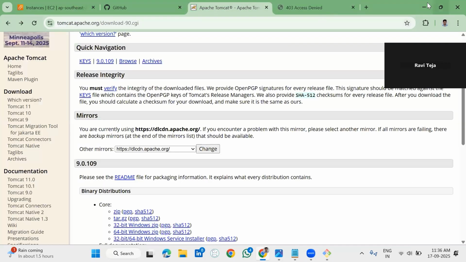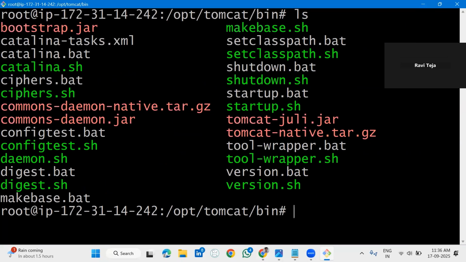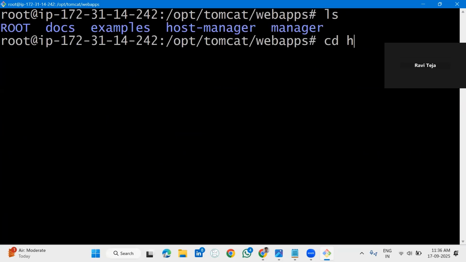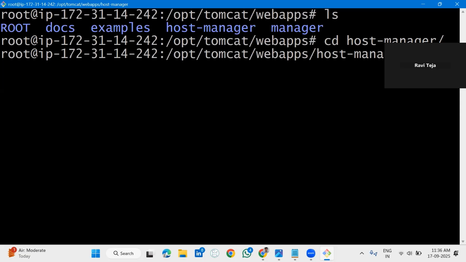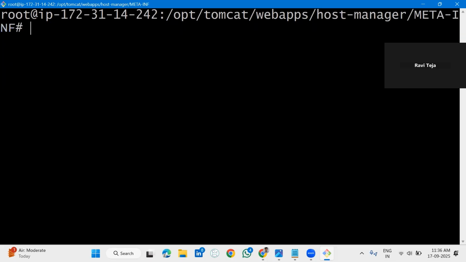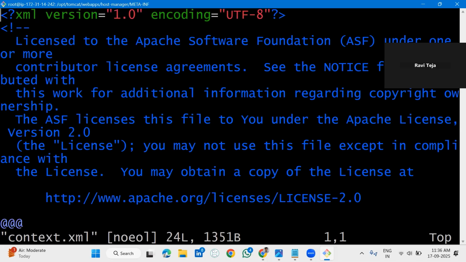Okay, how can you edit? It's very simple. Clear this, ls, cd space dot dot. You have to go to webapps. Cd space webapps, ls, cd space host-manager. You have to edit the host-manager and manager as well. Okay, ls, cd space META-INF. Enter. Clear this. Okay, vi space context.xml, insert mode